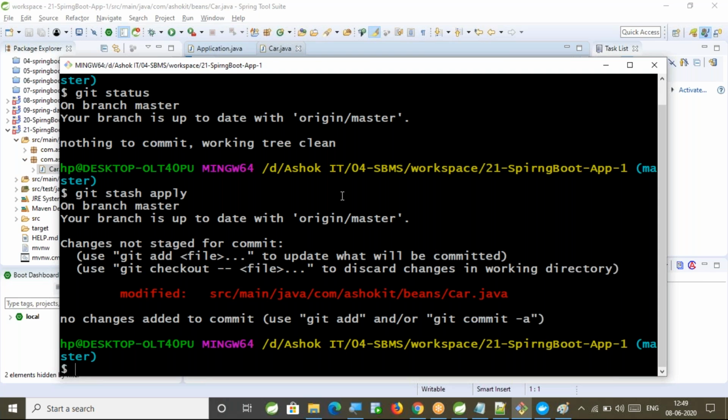Nobody will give you this much clear explanation. Even on the internet, you don't understand what theory they are providing. All of you clear with this? What is the purpose of the stash command? Still anybody not able to understand?